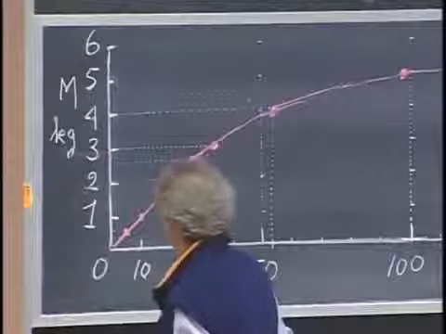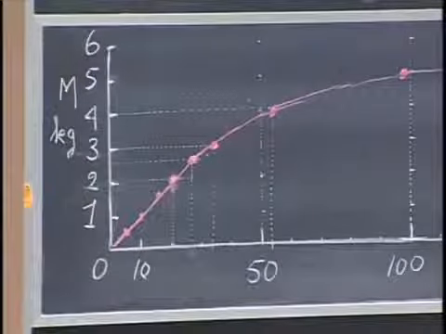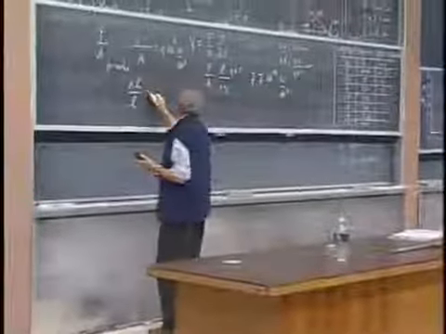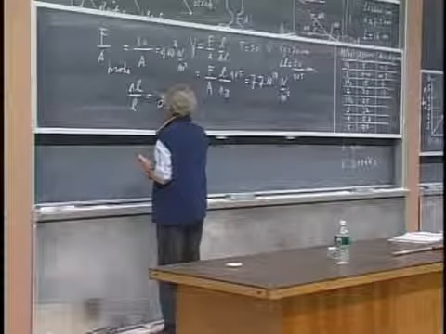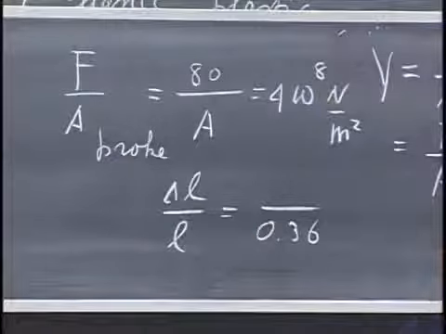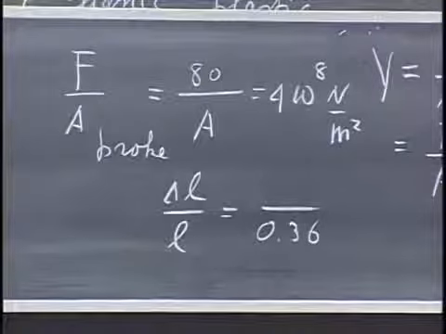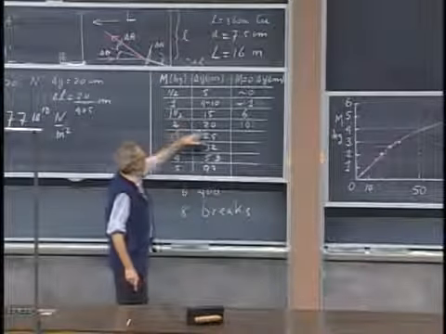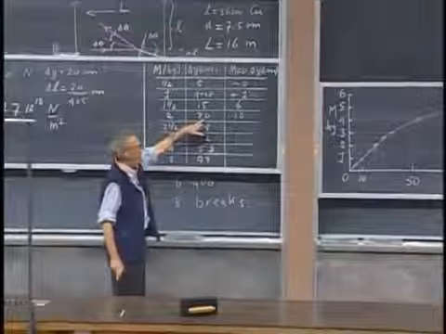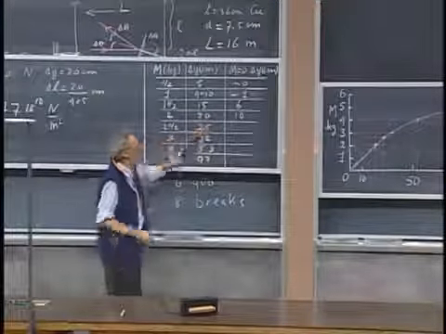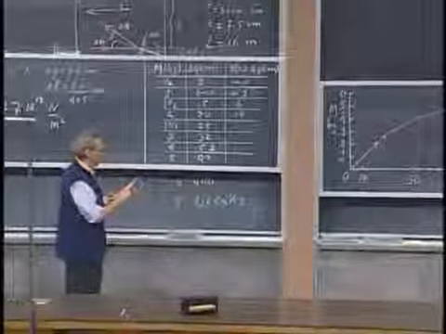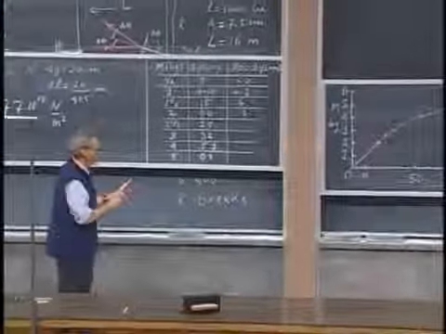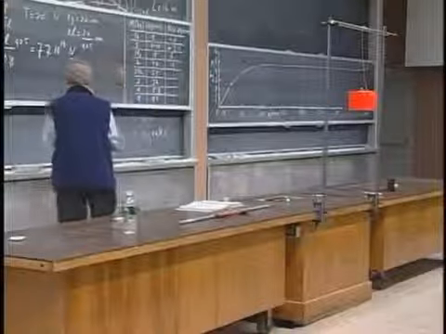Well, we know the length is 0.36. And when we reach the end of the Hooke's law parameter space, we have a delta L which is 425 times lower than this. So we have 20 divided by 425,